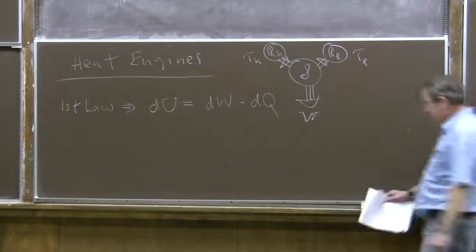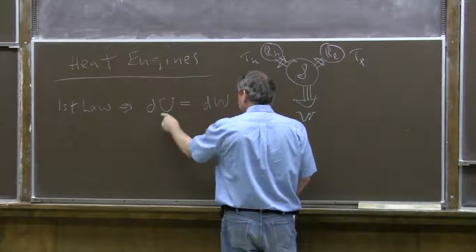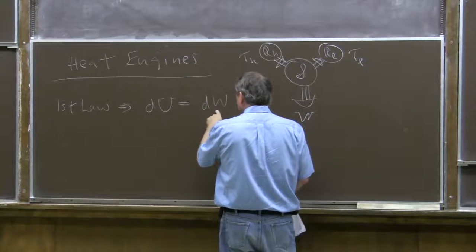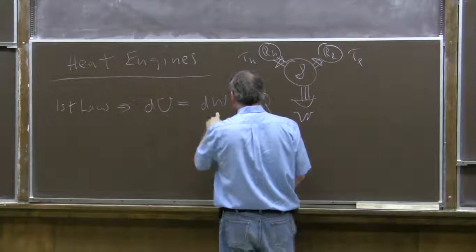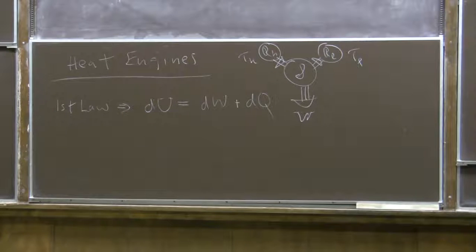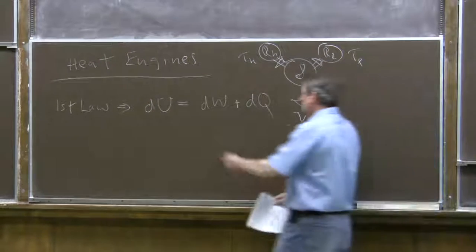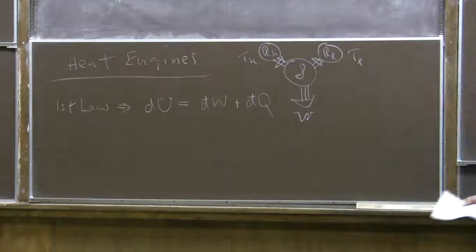That should be plus, I guess. Actually, I'm writing it this way so that dW is positive if work is done on the system, which increases the internal energy. dQ is positive if heat flows into the system, which increases the internal energy. I'm going to do something I didn't do before, which is to put a little tail through the D. And that's to remind us of something important,